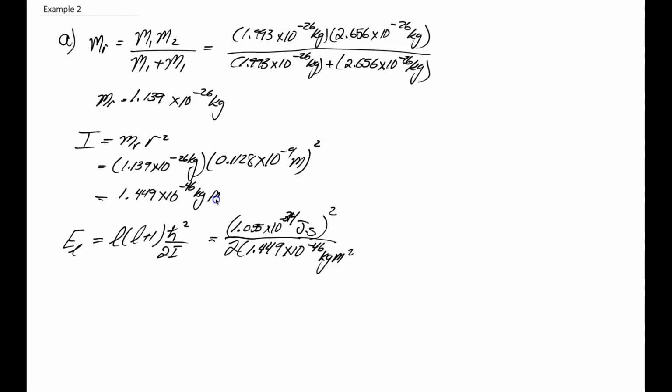I forgot the meter squared up front. So times L plus 1, this will give us 3.838 times 10 to the minus 23 joules times the quantity L plus 1,